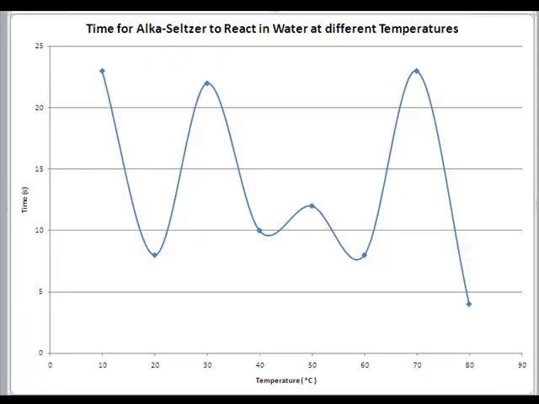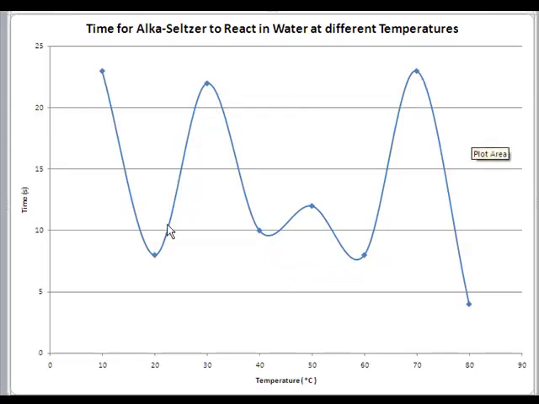Now let's say our lab data turned out a little bit differently. Let's say at 10 degrees we had a time of about 24, 23 seconds, but then at 20 degrees Celsius the time dropped all the way to 7 or 8 seconds. Then at 30 degrees the time went back up, then came back down again, and then later on went back